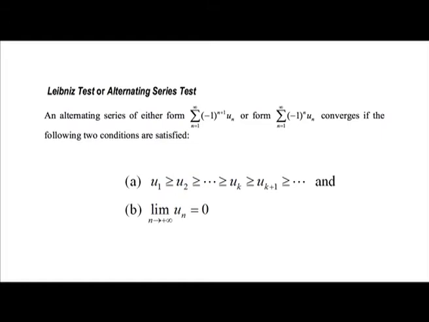greater than or equal to uk greater than or equal to uk plus 1, etc. And second one, limit of un as n approaches infinity is 0. That is, the given alternating series converges if the terms are non-increasing and tend to 0 as n tends to